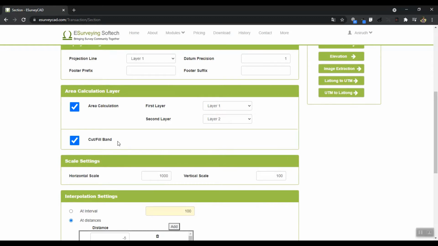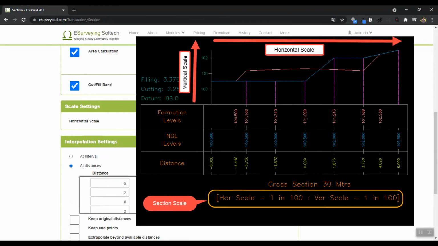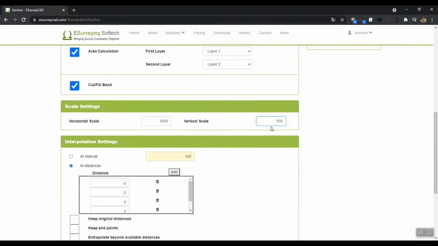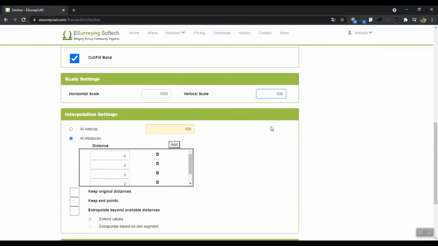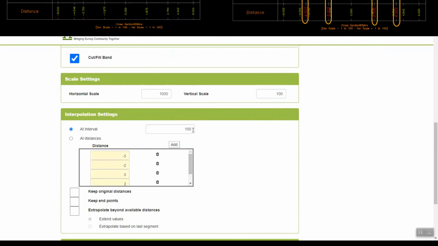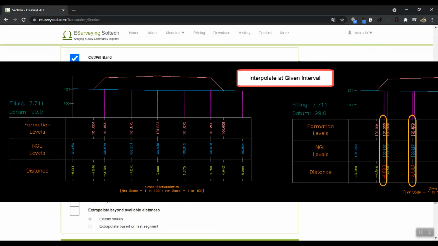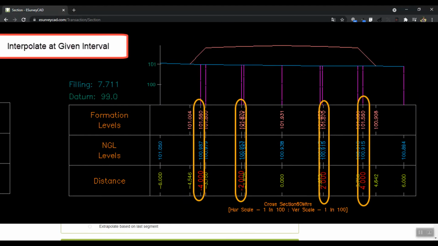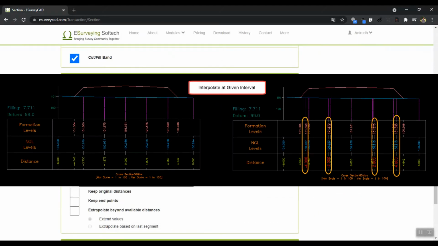In the scale setting option, specify the horizontal and vertical scale values. In case you want the software to interpolate imported series data, in interpolation settings, specify your interpolation choices. If you select and specify that interval option, the software will interpolate values at equal intervals. If you specify 2 as the value, then at every 2 meters, layer values will be interpolated considering 0 as